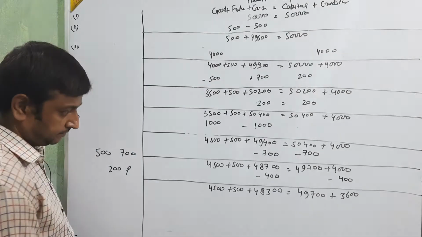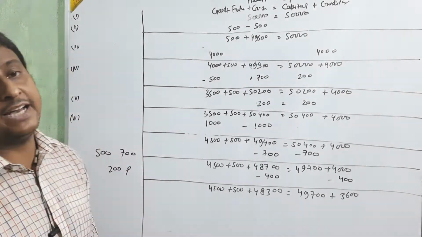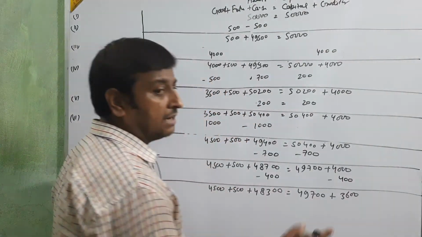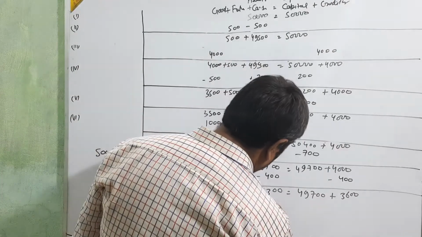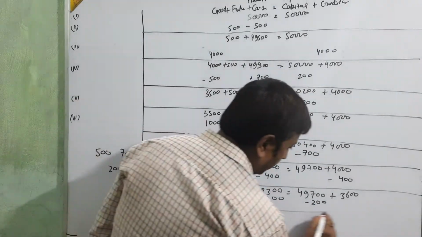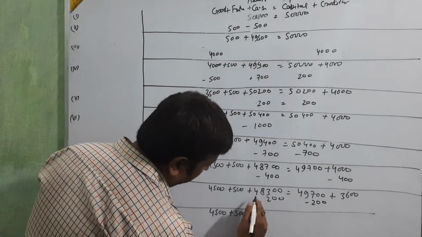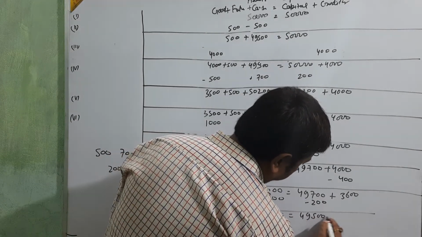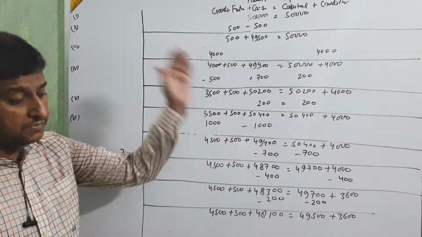Okay. Paid salaries 200. Salary is again an expense. Any type of expense is deducted from where? Less from the cash and capital. Amount of salary, beta? 200. Less from cash and capital. Just see, after deducting this, 4,500, 500, 48,100, 49,500 plus 3,600. Okay? In this way we are going to solve the question.